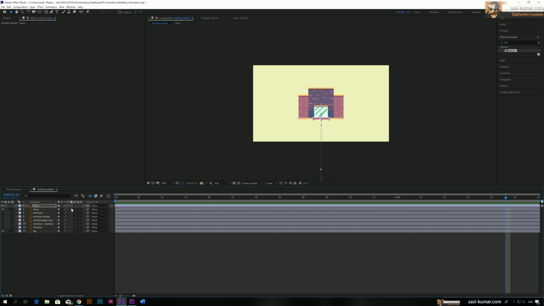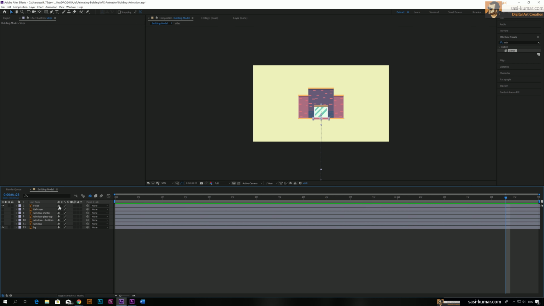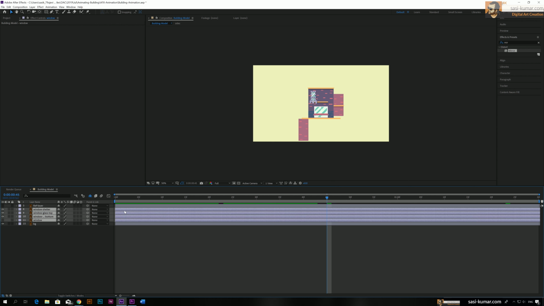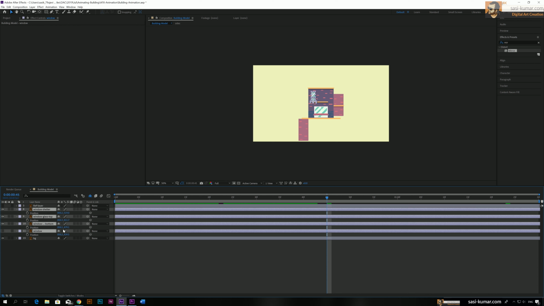And I will also hide this one, and the flow also I will hide, and all we're left with is windows. Okay, so let's go to windows. Don't worry too much about the windows for now. Let's go to 45 frames, and select all the window parts. The window has 4 parts, so select all 4 of them and press P and make keyframes, and again go